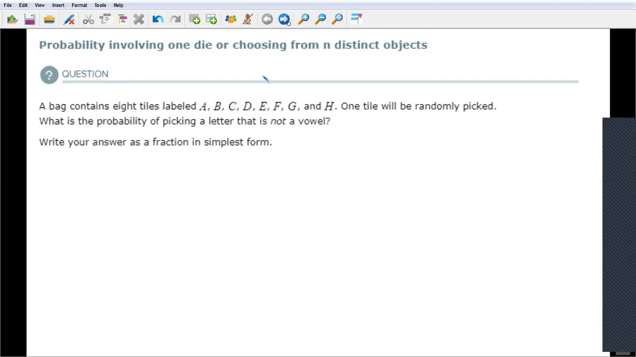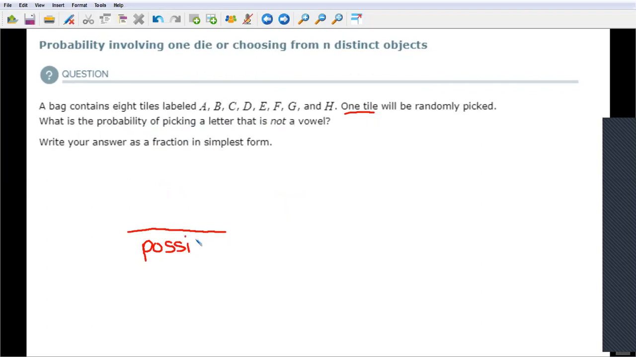Let's take a look at another one. Another bag with a bunch more tiles in it. We got A, B, C, D, E, F, G, and H. We're still picking one tile randomly, and we want to know what is the probability of picking a letter that is not a vowel. So if you remember on the last problem we did, we said that the number of